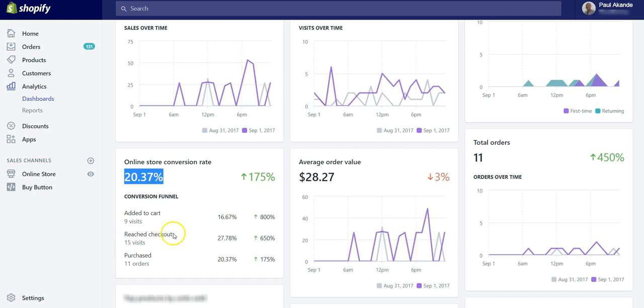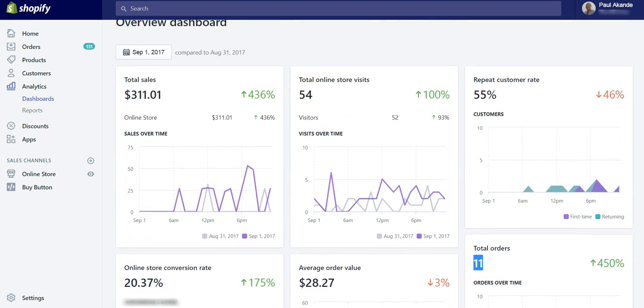Can you see more people are getting to my checkout page, compared to the article page? So you can see, look at the conversion rate, extremely high. Now this is my average order value. Anyway, so that is the first day, it was 11 orders in total, which earned me $301 in revenue.